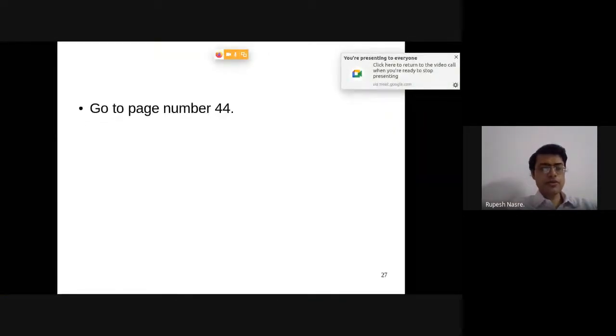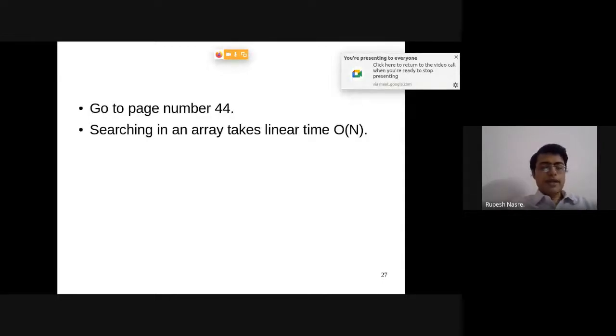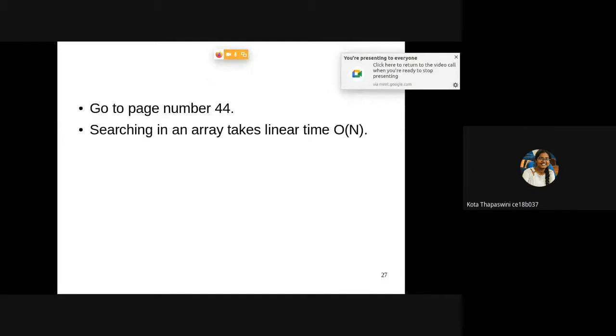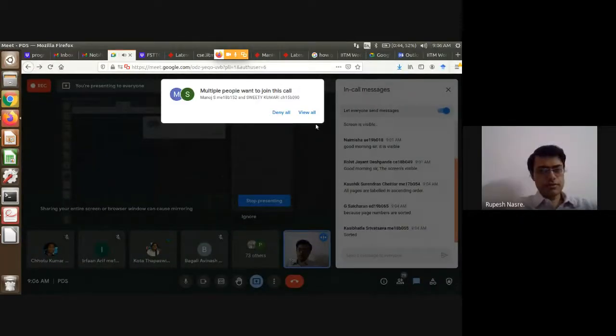So that thing is going to work only if the elements are sorted. So by default, searching in a linear array is going to be,